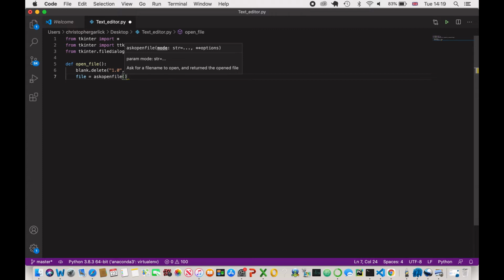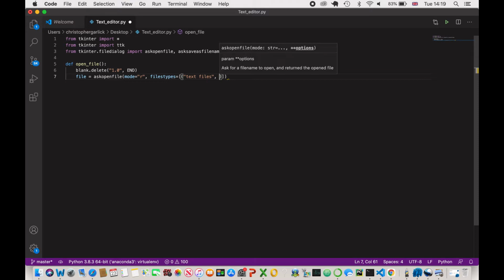And at the moment, we will only be working with .txt, so we will only be inputting a text file. So I'll do mode is equal to 'r' for read, and then filetypes is equal to a list of tuples that holds text files, and then